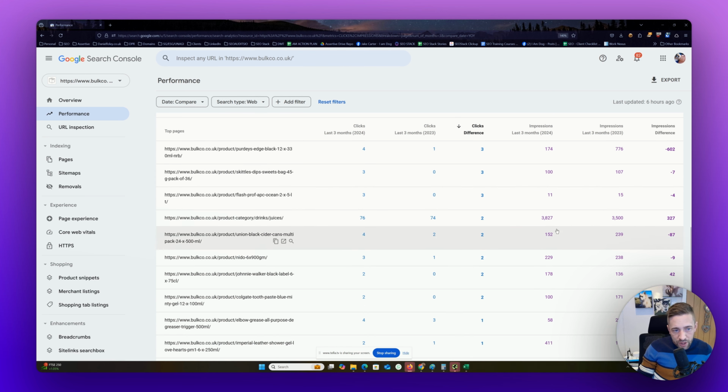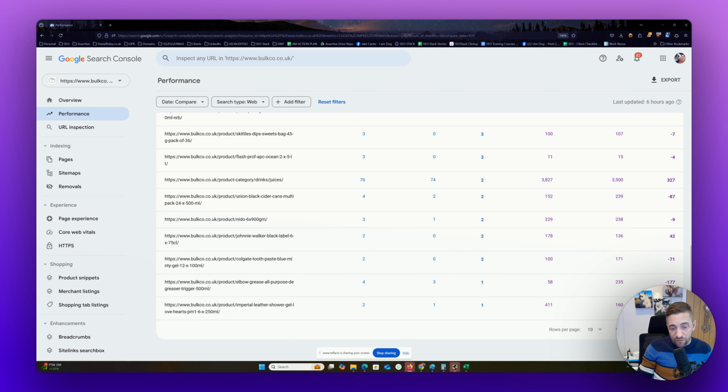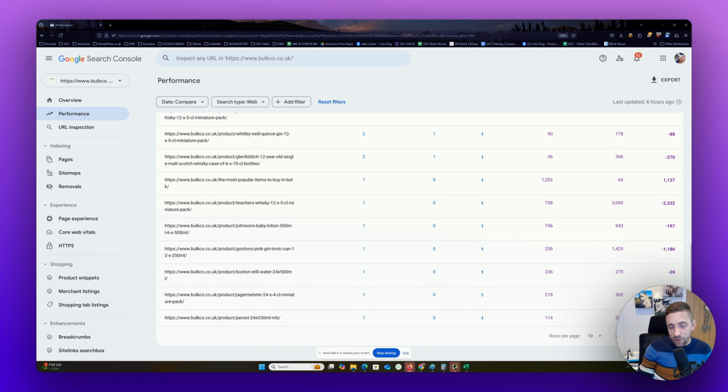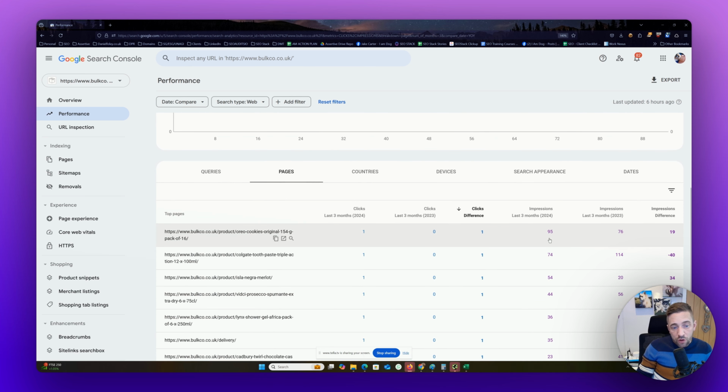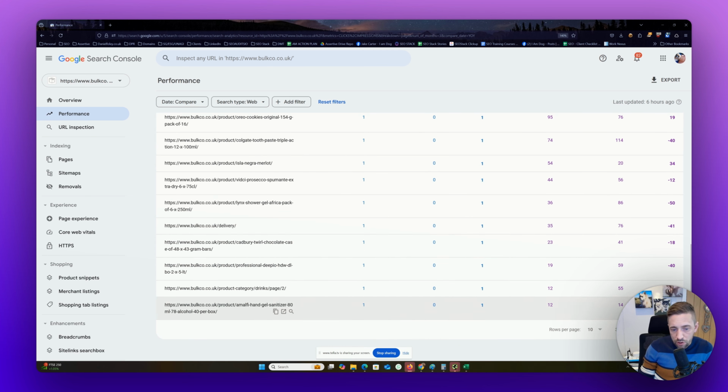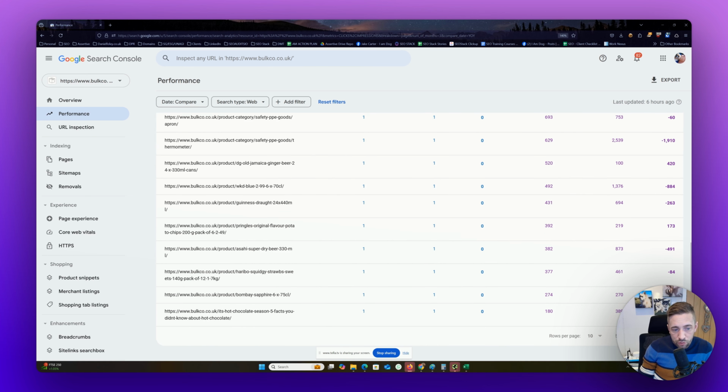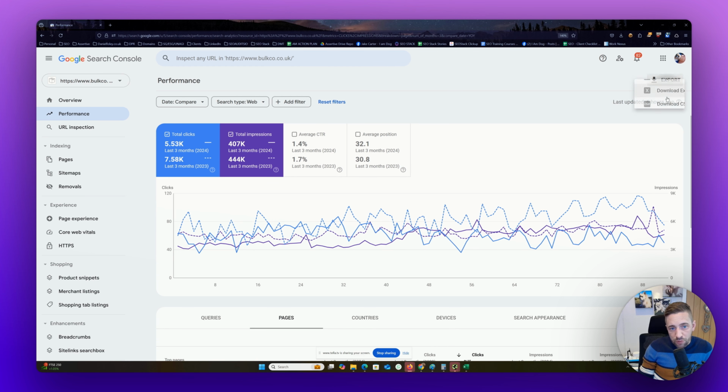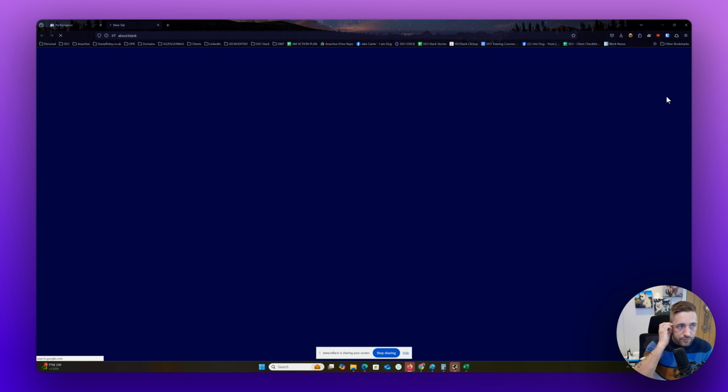So what we're looking for is, in order for something to be gone, it should have 0 on at least 2 columns, i.e. clicks and impressions. Because if it didn't have any clicks, didn't have any impressions, wasn't served. So if you had 50 clicks last year, 0 clicks this year, and 0 impressions this year, in all probability that URL is gone or is no longer indexed. So this is a great way to do that. And you can also export this data